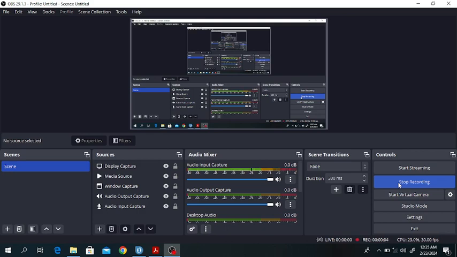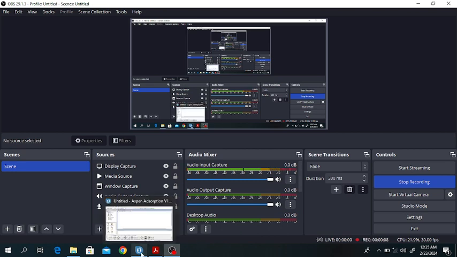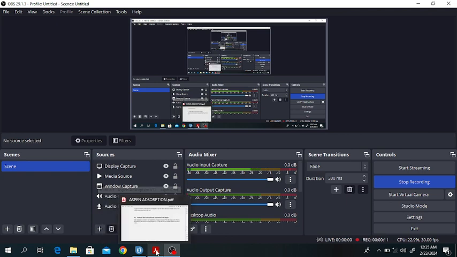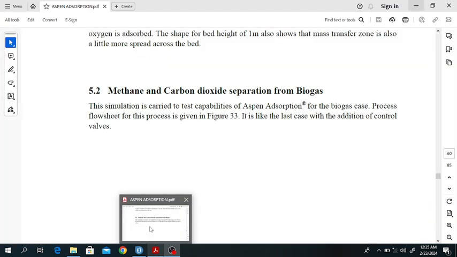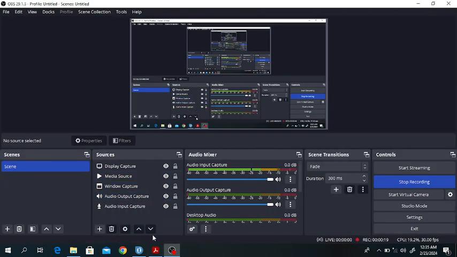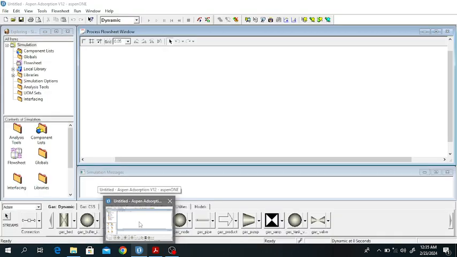In this lecture, we will discuss the separation of methane and carbon dioxide using Aspen Adsorption. First of all, we will open Aspen Adsorption,